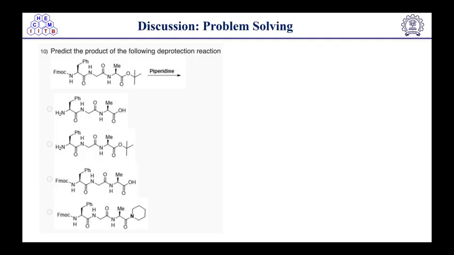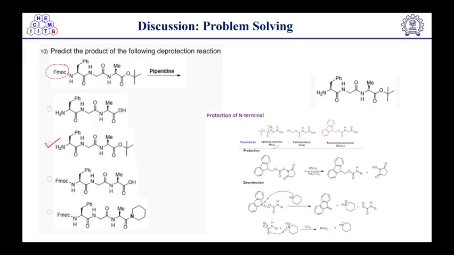predict the product of the following deprotection reaction. So as mentioned here, this is a deprotection reaction, so you can directly write the product here. The deprotection is taking place, right? This one, the mechanism is given here. So how the deprotection is taking place? First we have piperidine. So the lone pair of nitrogen of piperidine will attack here and it will abstract the proton,